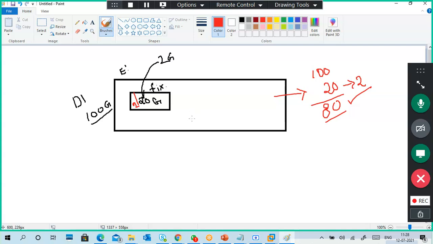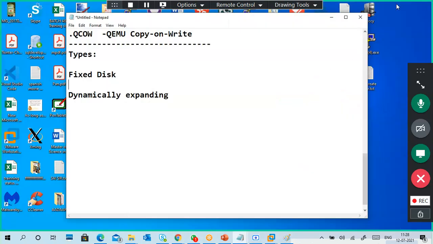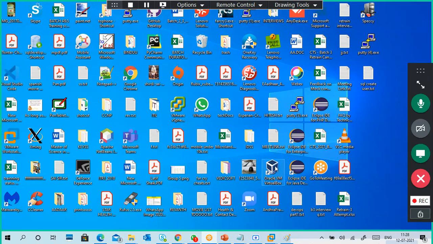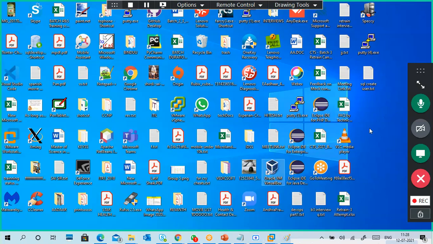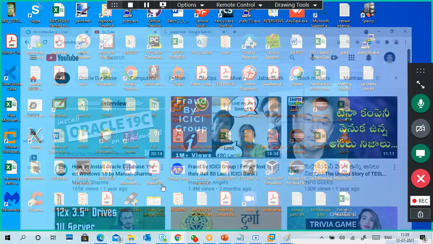Sir, you used one app for showing the practical work. What is that app? Just before I showed it, that is VirtualBox. It is like VMware, used to create virtual machines. It is from Oracle, a free one. It is not required to have it compulsorily, but you have to download it from the VirtualBox site only.